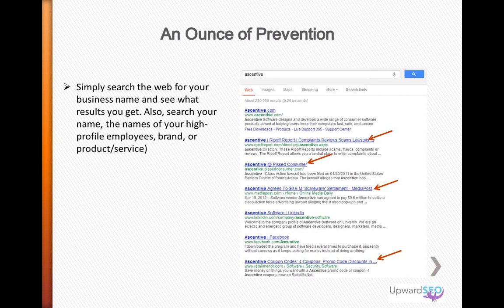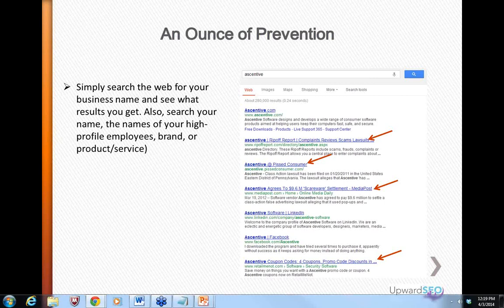This is taken from some time ago, so I don't know what it looks like today. But you can see what happens when you don't protect your online reputation. And again, all you have to do is type your name, your company name, a product name into Google, and variations of your name, perhaps alternate spellings or misspellings, and see what results you find. And, like I said, 90 to 99% of people never go past the first page. So if 2/3 of the listings on the page are damaging, then you have an issue